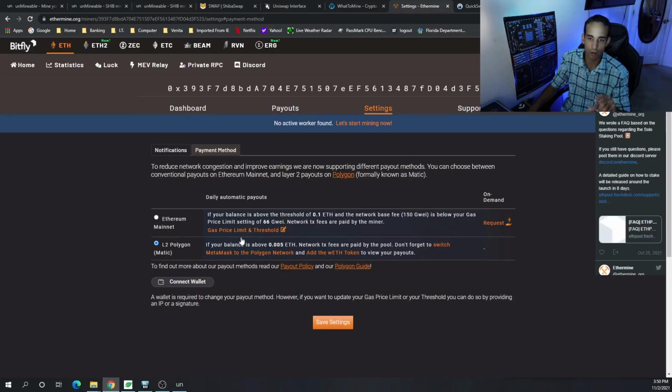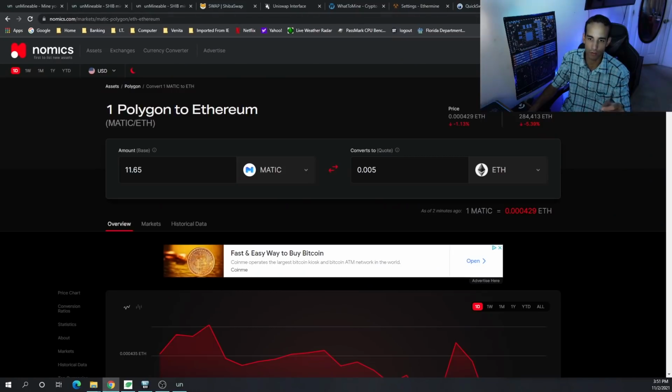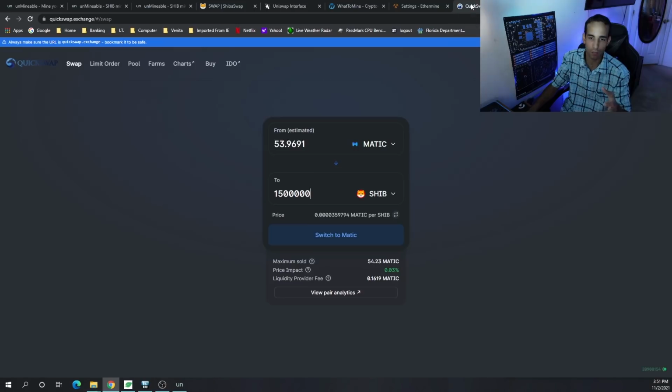So if we can avoid all that by mining on Ethermine, so we're mining directly, not through Unminable, but we're mining Ethereum directly. We're getting payouts every 0.005 ETH. And how much does that equate to? Well, that equates to about 11.65 Matic at time of filming. Obviously, that would change. And then we can go to QuickSwap, and we can actually swap that over to